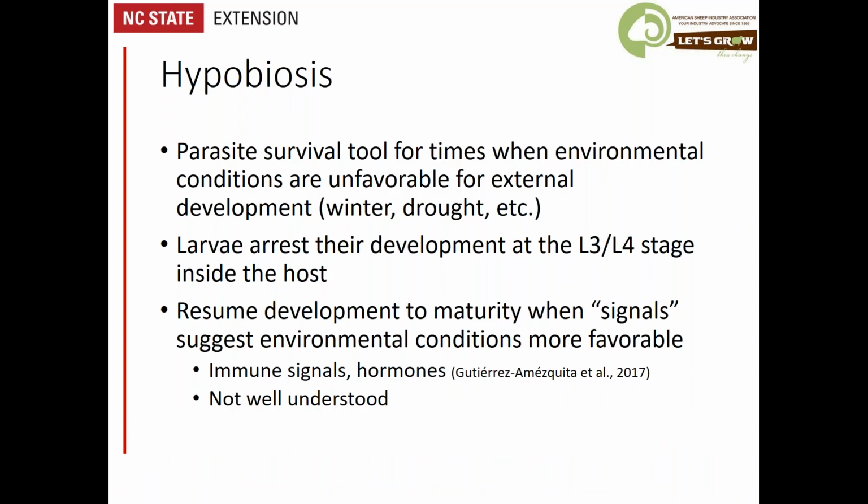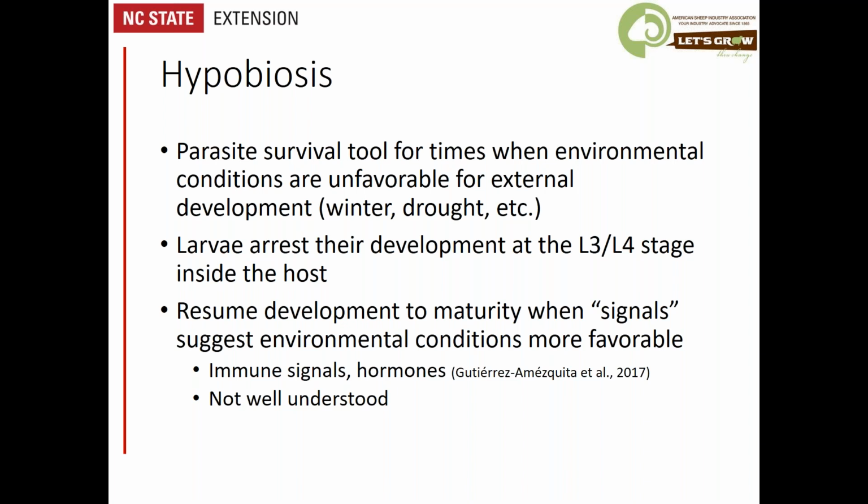Another interesting characteristic about the worm is this hypobiosis, this arrested development, the stage that they enter when the parasite senses that the environmental conditions are not favorable for continued development. So as we enter the winter months, when the chances of larval survival in the environment is quite low, or times of extreme drought, when the likelihood of that life cycle being able to be completed is low, this parasite